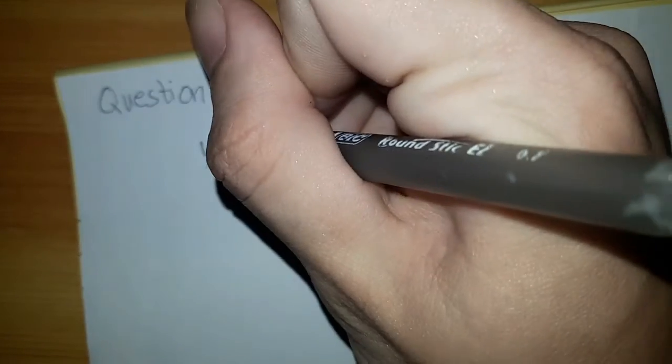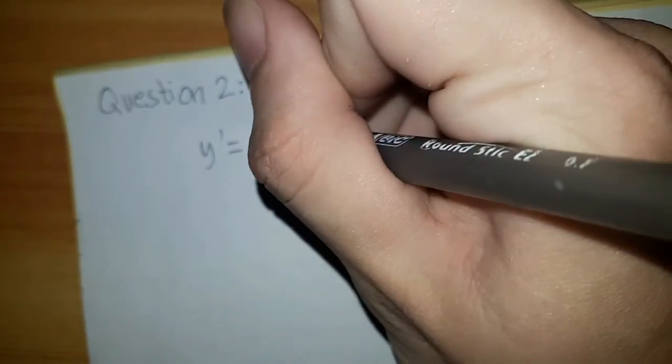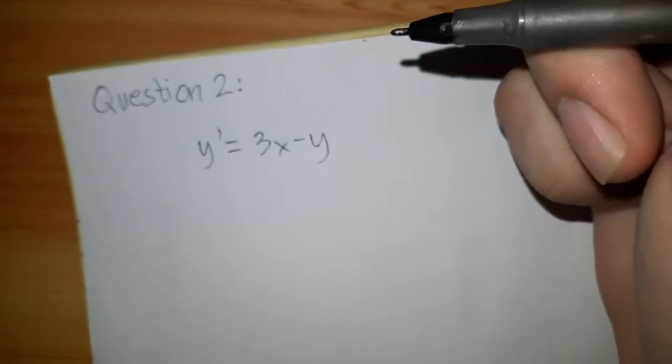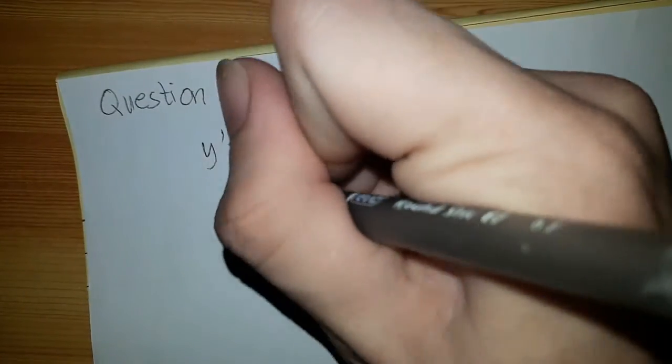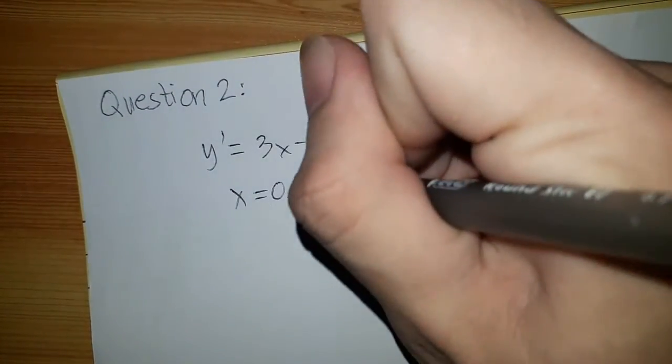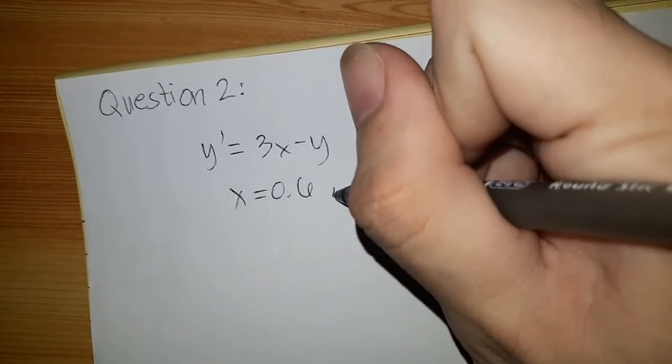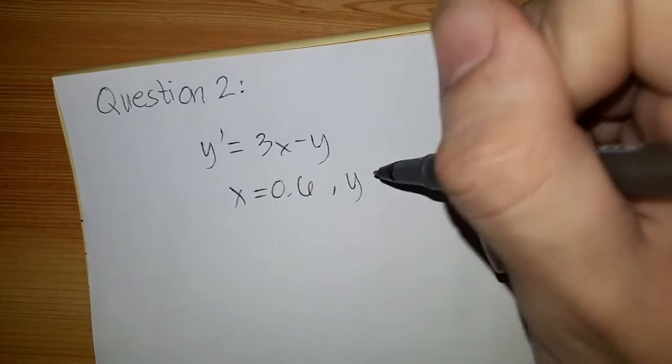Before we solve the problem, let us first write the given values. The equation is y prime is equal to 3x minus y, and the initial value given for x is 0.6, and for y